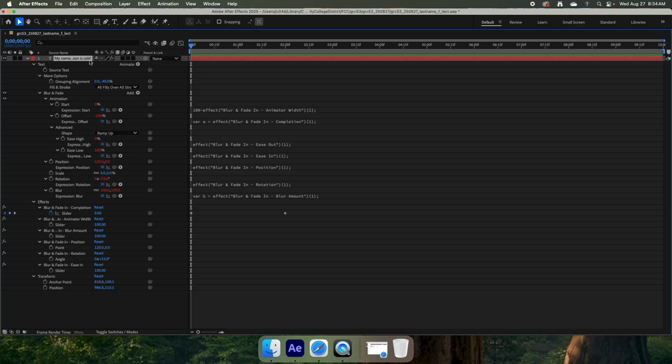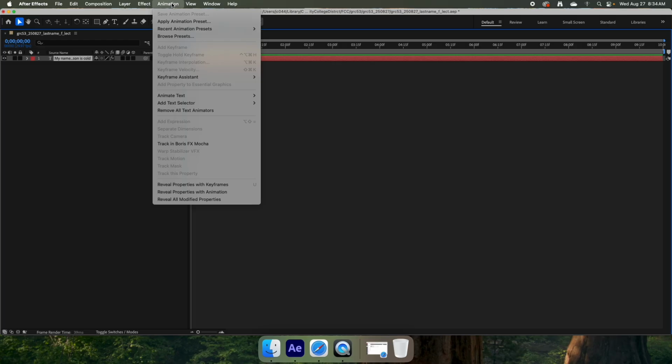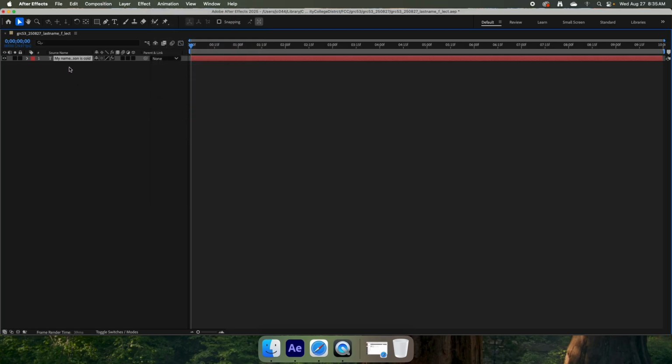Now, sometimes you may drag a preset onto a text layer and you may think, uh-oh, I didn't want that. What do I get rid of here? So, with the text layer selected, from the menu at the top, you're going to choose Animation and then remove all text animators. So if I click Remove All Text Animators,